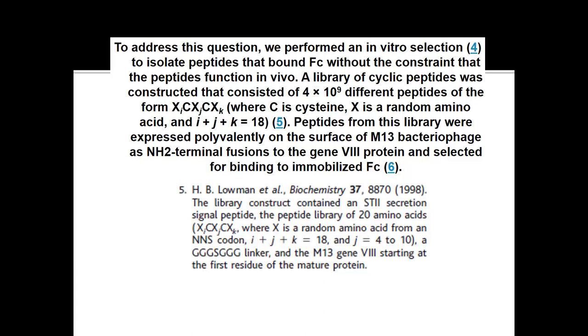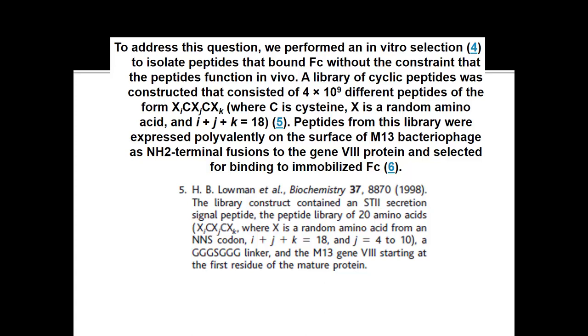And then they had X random amino acids, and they just had a constraint that I plus J plus K had to add up to 18, so they were all 20 residues long. But the C's could be in different places. Realize that I could be big or small. So what they say is they made a library of different peptides, and they expressed them on the surface of